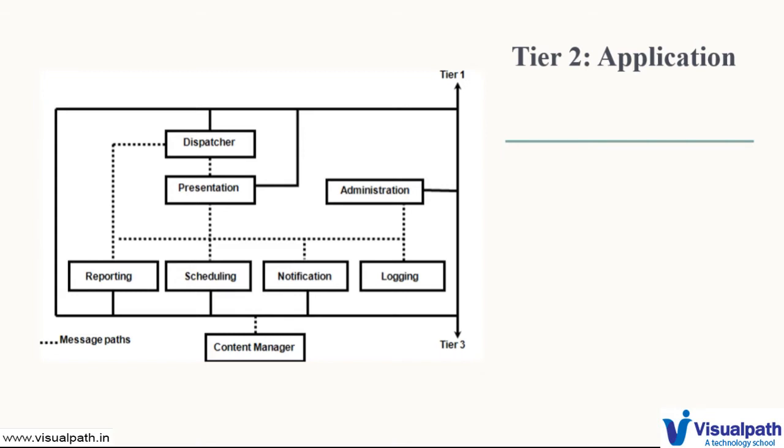What exactly we want Cognos to do, whether we want to log into the system, or create a report, or create a dashboard, those things are basically managed by the dispatcher. So the dispatcher is basically a multi-threaded application that uses one or more threads per request.